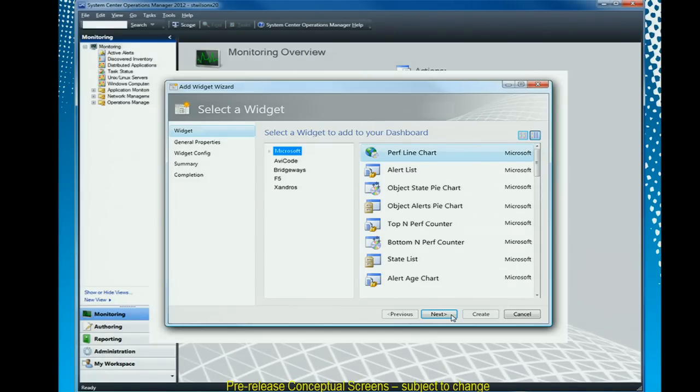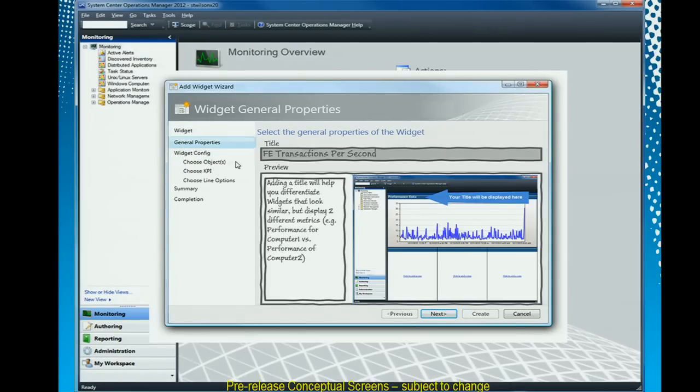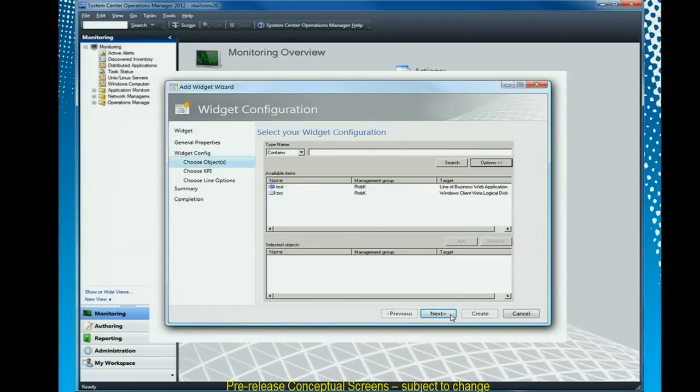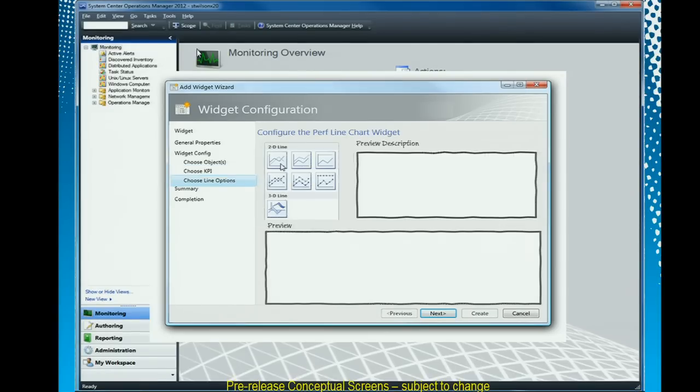Here we can see different kinds of widgets that are available around pie charts, object state, state list, etc. Let me go over here, and then you can start to see how they're going to get filled in. When they get filled in, we get this preview, and we can do things like, what kind of counters do we want to set for each one of those? Very similar to how he picked columns in his alert widget. You'll be able to pick different kinds of machines, so if you want to group machines from that. Again, this is all just customization; it's about 5 or 6 clicks to go through this. And when you're finished,